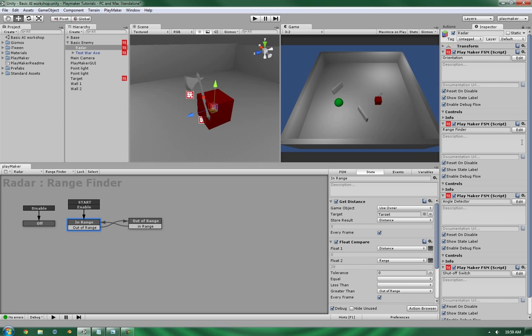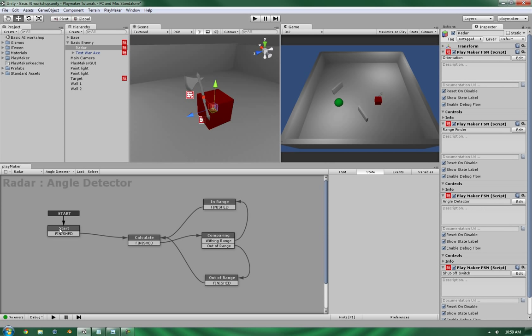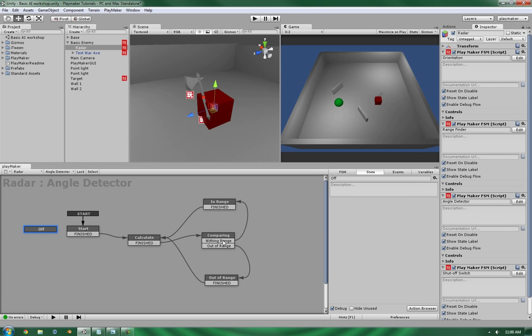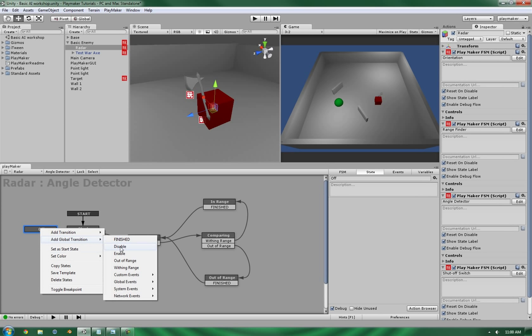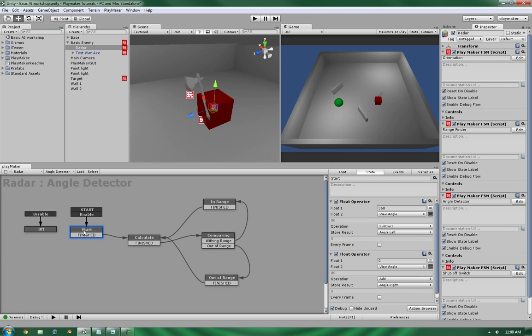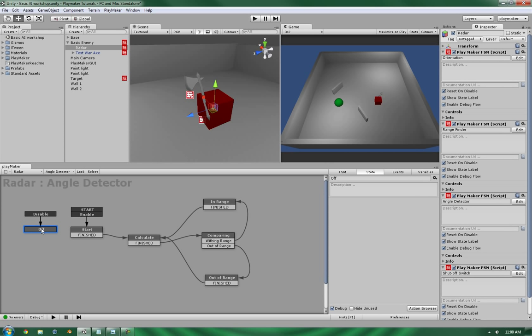And the last one in the angle detector: disable and enable. Okay, so basically now that we've got that set up, we have an empty state that's just